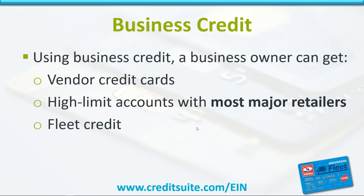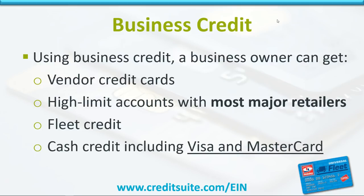Now, with using business credit, you're basically looking at about 4 types of credit that you're really going to get. You start with these vendor accounts. They're like net 30 accounts where you can buy printers and office supplies and all this stuff from places like Uline and Quill. Then you start getting retail credit at every major retailer from Amazon and Walmart to Sam's Club and Costco to Home Depot and Lowe's to Office Depot and Staples. You get fleet credit, auto vehicle repairs, maintenance, fuel. Then you can get Visa cards, MasterCards, American Express cards, even auto vehicle financing,